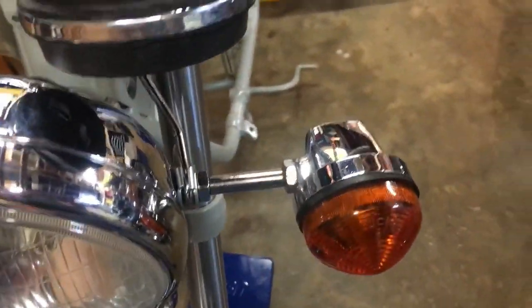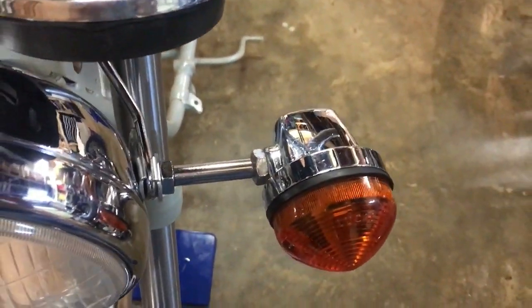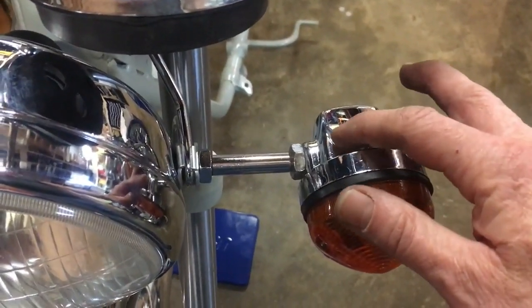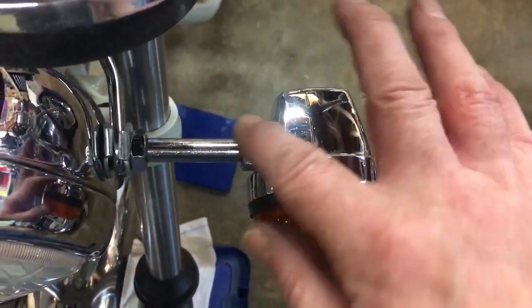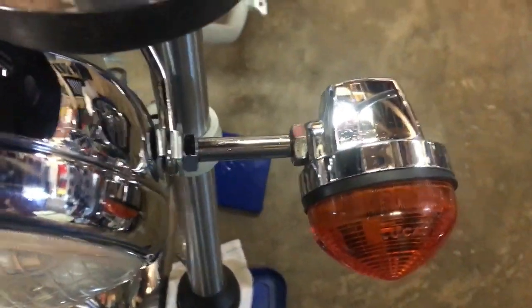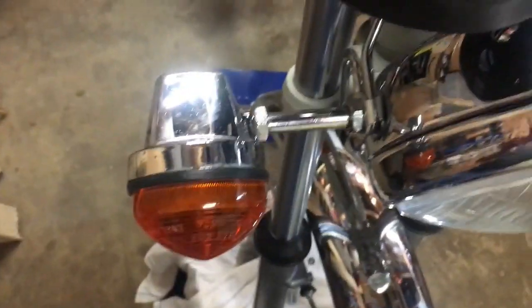But actually, this one, the left-hand front, I've spent quite a bit more time on, and it really has come up quite well. The surface is a little tiny bit pitted in places, which you'd expect, and you can just see 1 or 2, but it's not bad at all. And that stem feels a little rough, but it's come up really well. The other one is in better condition actually,